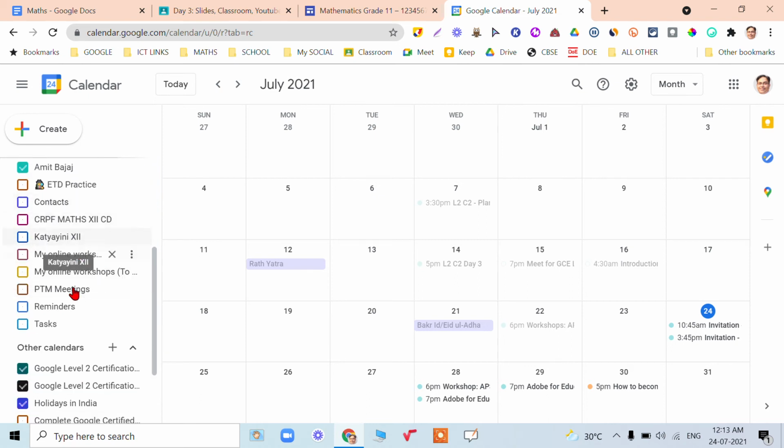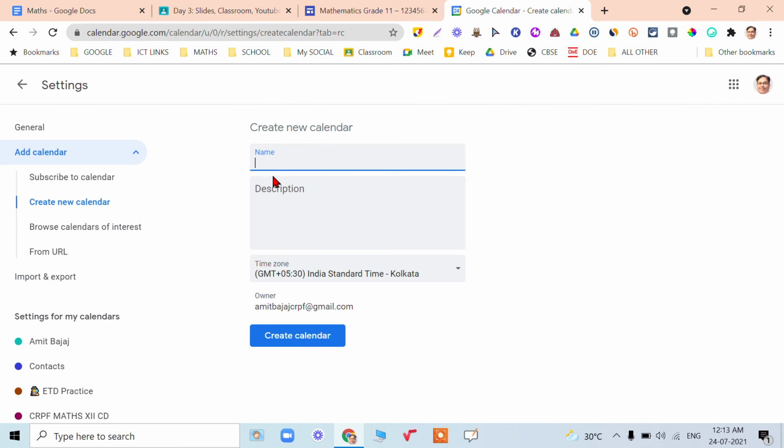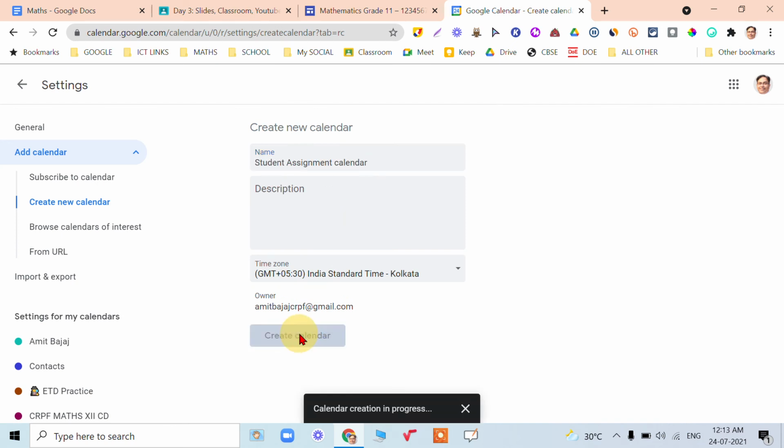Scroll down and click on the other calendars plus sign. You have the option to create a new calendar. Just give the name Student Assignment Calendar and create the calendar. It will take a couple of seconds.